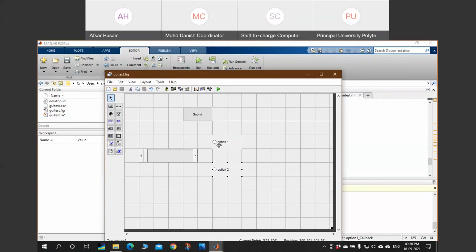So what are the two options? If the user selects option 1, it will return true, and true in binary means 1. Once the user selects option 1, the value will be 1, and if he does not select option 1, the value will be 0. So there are only two values. If someone selects option 1, it is 1, and if someone does not select option 1, it is 0.